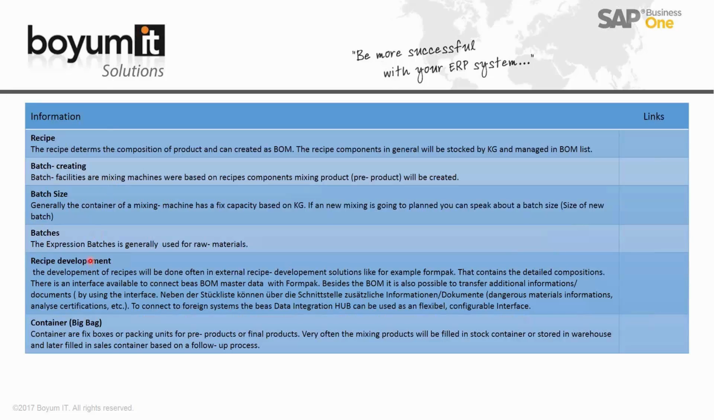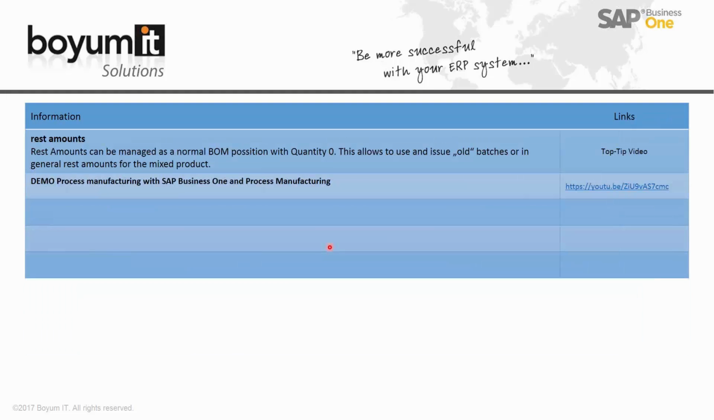Some explanations. We spoke very often, of course, in process manufacturing about batches, about batch size, about recipes, recipe development. Here's some explanation on recipe development. And then one last thing,